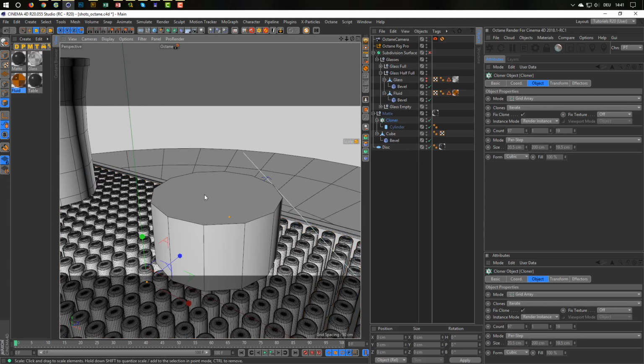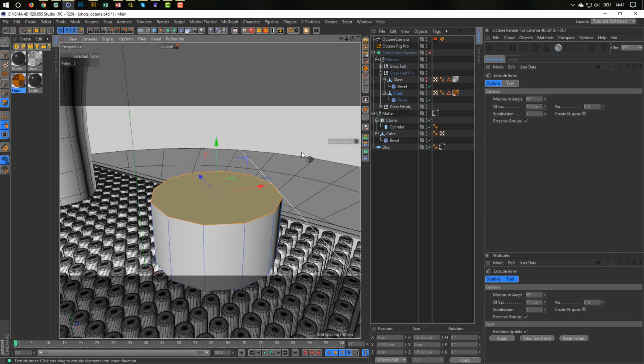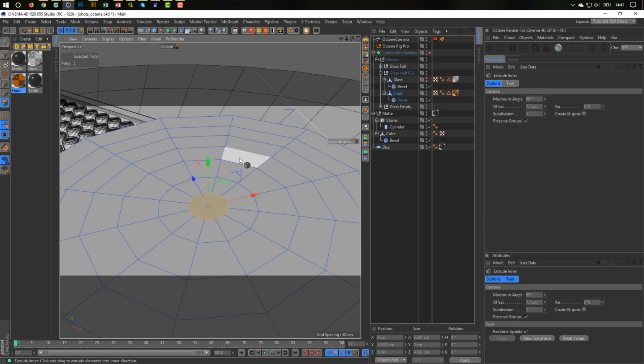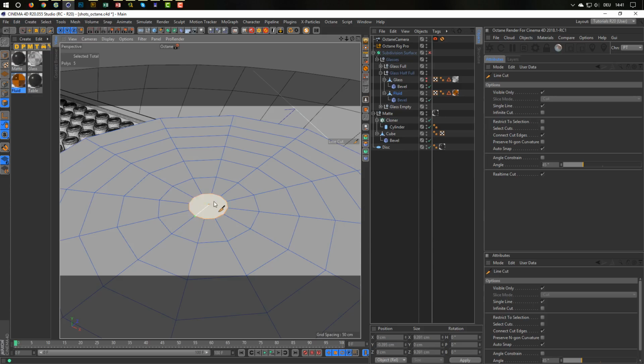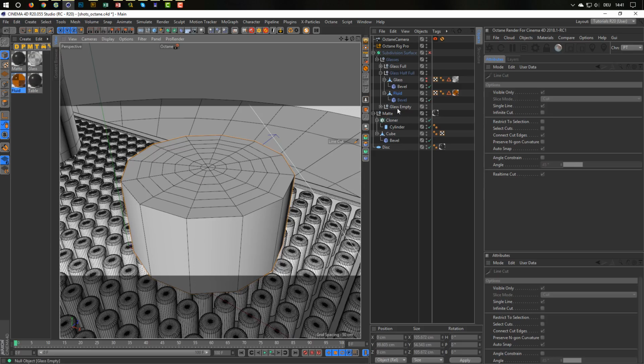So, and now I press E for extrude. Here I need a little more subdivisions because the stream should make some waves. What comes in from the bottle should make some waves. So, okay. And here now